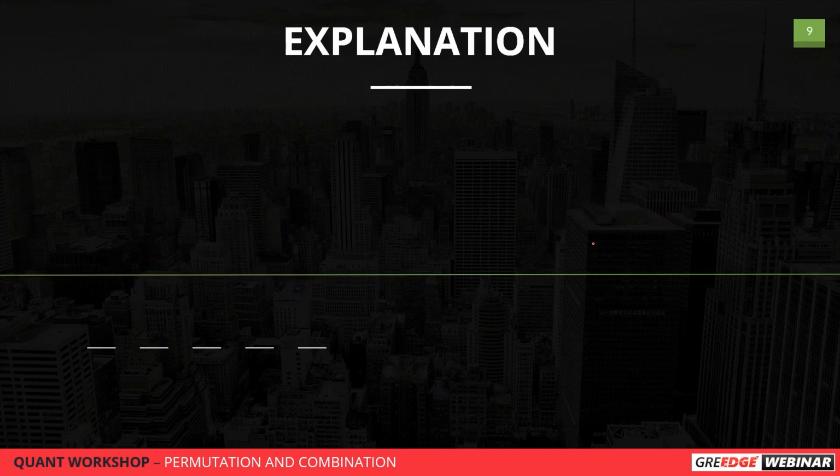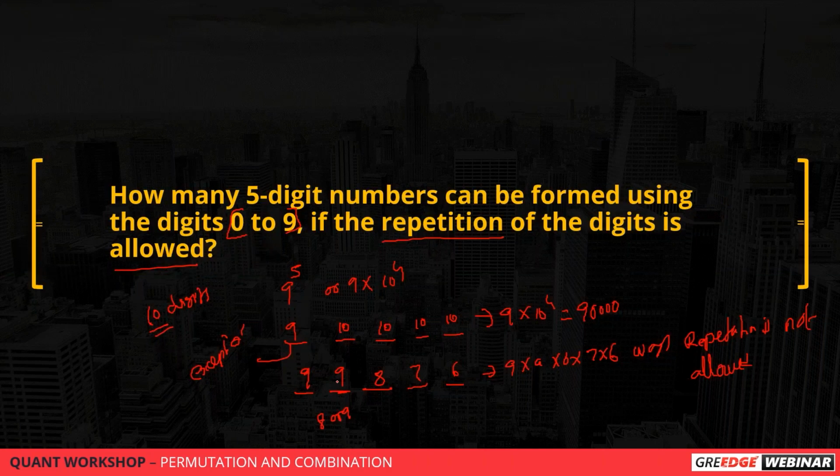Why does the second place say 9? Okay, Aslam. So if you look at it, what is the condition for the second digit? The second digit should not repeat the first digit, right? So how many digits did we have actually? We had a total of 10 digits, right? Including 0. How many numbers have we used so far? We have used only one number. So how many digits do we have remaining? We have 9 digits, including 0. Can I put 0 here? Will that be valid? Yes, of course it is valid. So I can use any of the 9 numbers as my second digit. So that's why this will be 9 instead of 8.